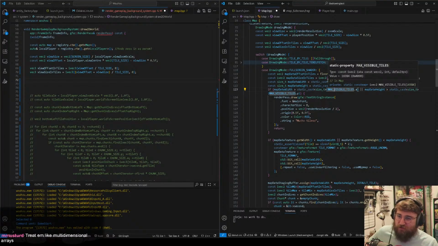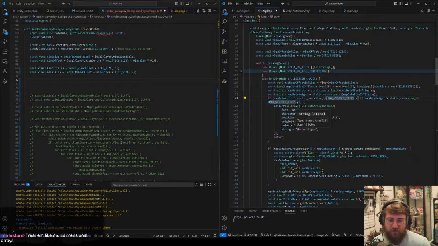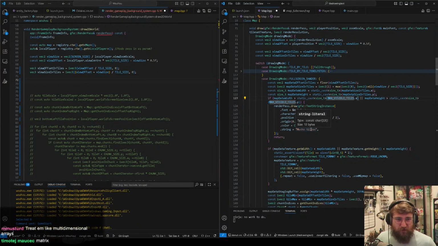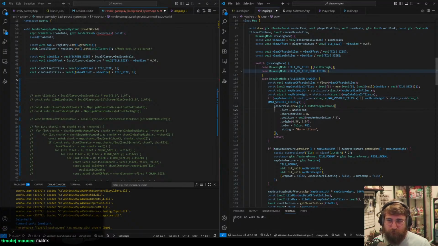You have this return in here somewhere? No, I don't know. Treat them like multi-dimensional arrays. The chunks and the tiles? What do you mean? The matrix. It sounds very memory intensive. Have I misunderstood that? Like a 3D array. I mean,